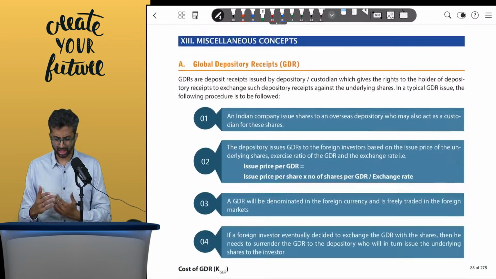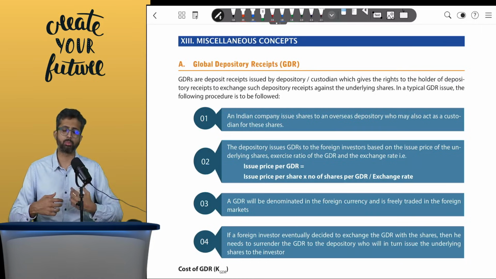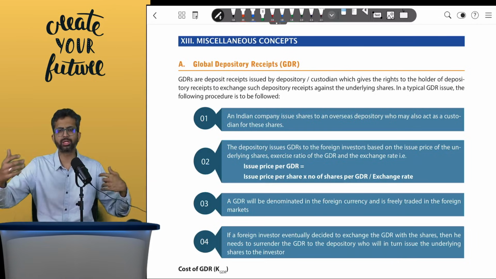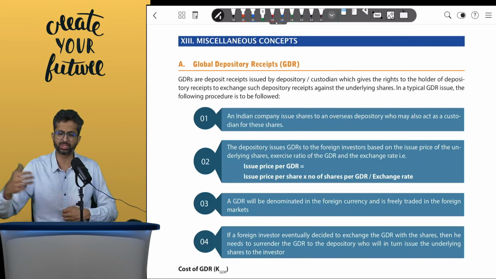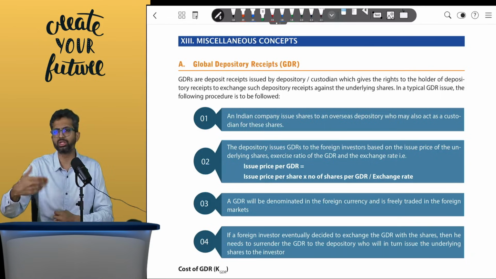Okay. Then there are a few other miscellaneous concepts involving GDR, Global Depository Receipts, where you will probably be asked to calculate the cost of the GDR. KGDR is similar to KE, which will be calculated using the formulas for KE like CAPM, Gordon's formula, etc. Or you might be asked to find the issue price of the GDR and the number of GDRs